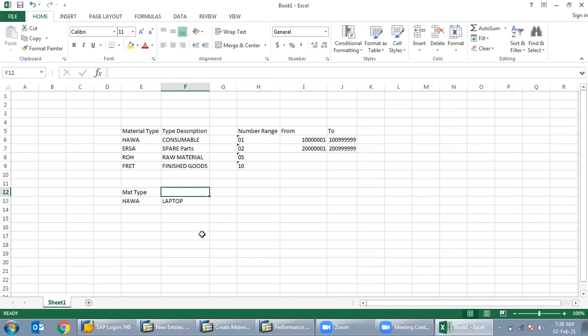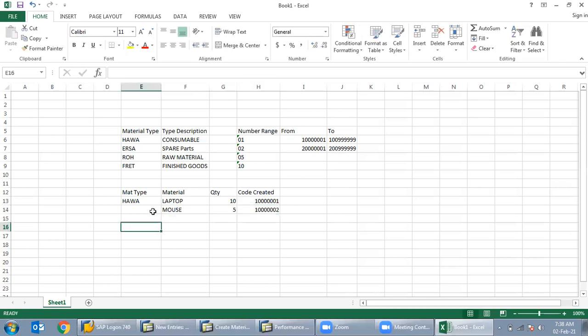Suppose now our company wants to buy 10 laptops. Ten quantity of laptop, that is the material, and this is a quantity. Let me finish with the example, then you will be much clearer about that. So what is the code created for that? If we select HAWA, the code will be created as 100001. This is my first code. When I want a mouse, 5 quantities, then the next material code created will be 100002.